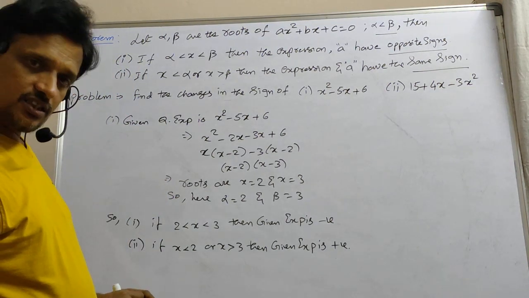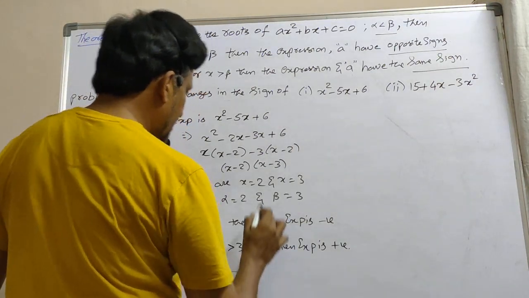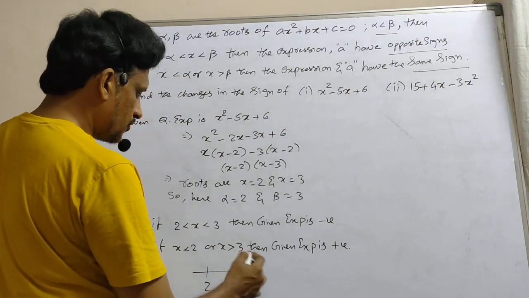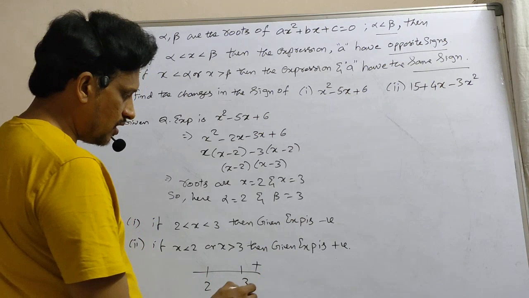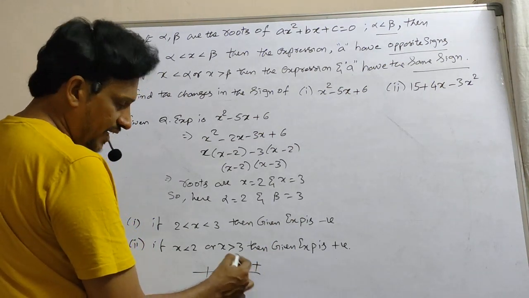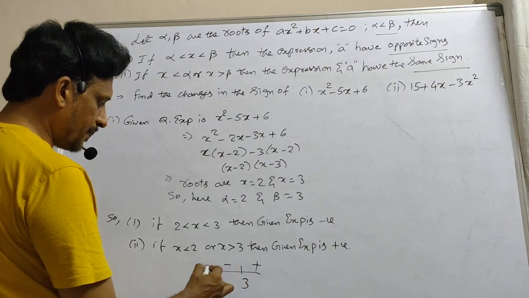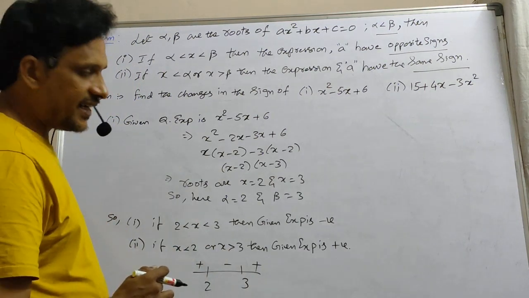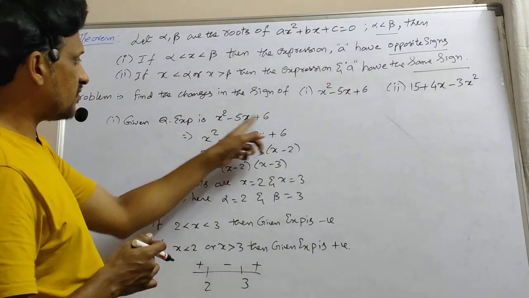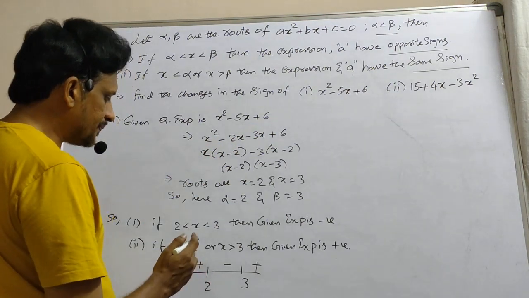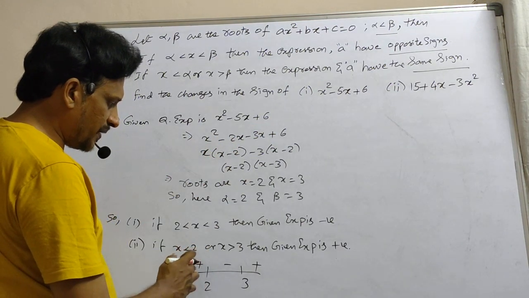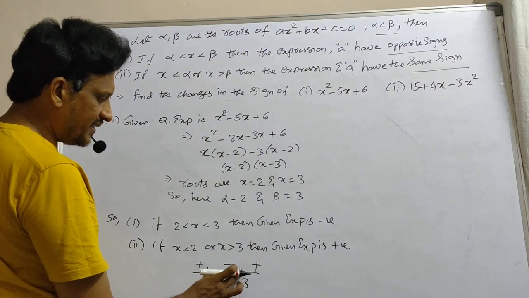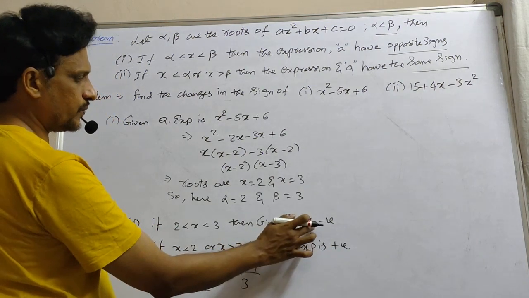And another shortcut is there to write this. After getting the roots, write the roots in increasing or ascending order. So 2 and 3. The right side part is always positive. Whenever you are crossing a root, you will get a change in the sign. Positive will be negative. Again, by crossing this, negative will be positive, because at x equal to 2 and at x equal to 3, you are getting zeros, because 2 and 3 are the roots of the given quadratic equation. That is why when x is less than 2, the expression is positive. That is what we got here. When x is greater than 3, then also it is positive. When x lies in between 2 and 3, then the expression is negative.